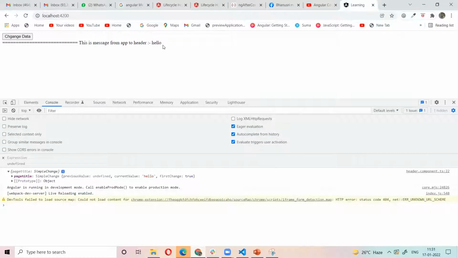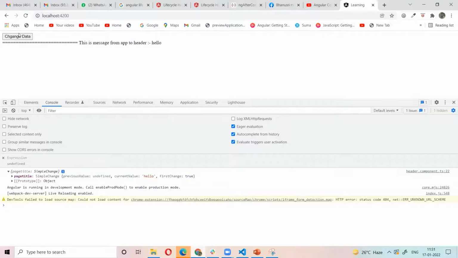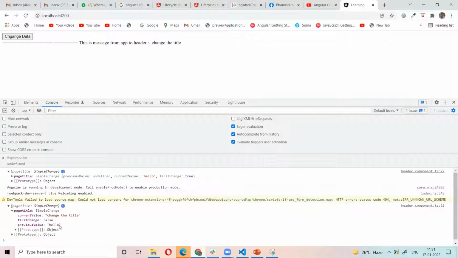So whenever the data is changed, automatically ngOnChanges will be called. That's why if I click this button, ngOnChanges will be called again, and you can check the previous value and the current value.